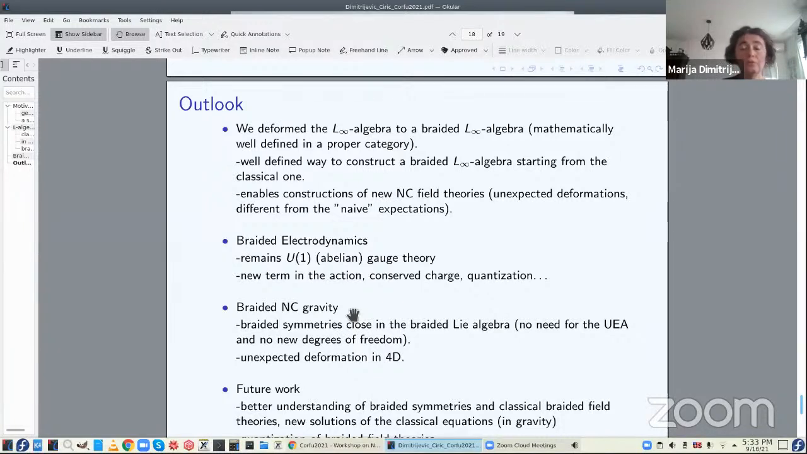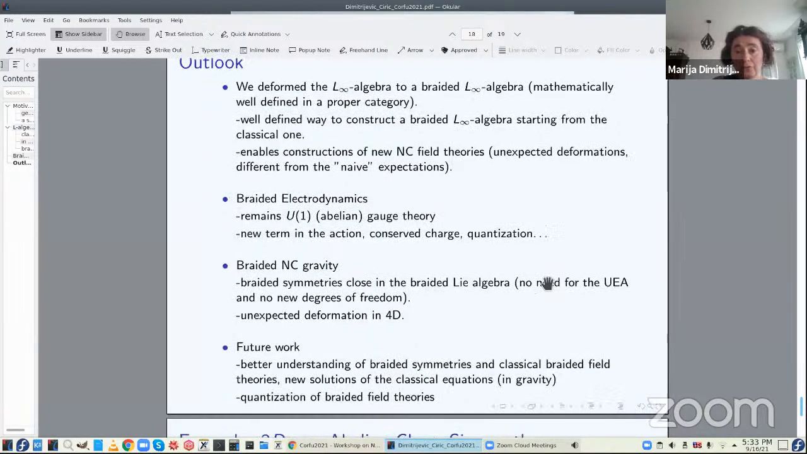These non-commutative or braided field theories don't reduce just to the concept of putting stars everywhere. There is a strict L-infinity structure that tells you how these theories should look. In electrodynamics, I have already said it remains abelian, and then one would like to know more about the quantization, for example. Concerning the non-commutative gravity,